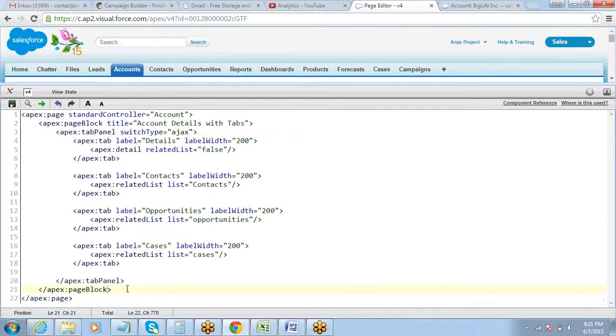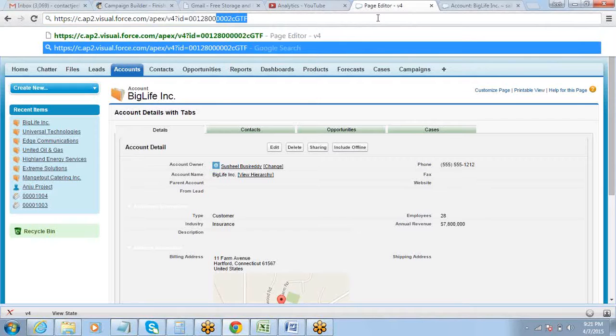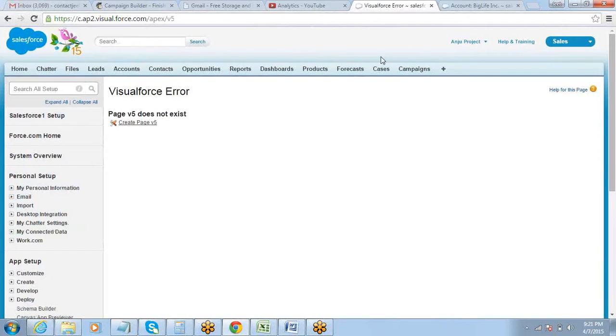Okay, so this is all for this page. Now let me create one more page. So far, whatever pages we have created, we have just created pages for displaying the data, right? Now what do I do in case I want some interactive kind of page? I want the end user to be able to edit the data or enter the data from his side. What do we do there? There we can use some of the input components. So let me create another page.